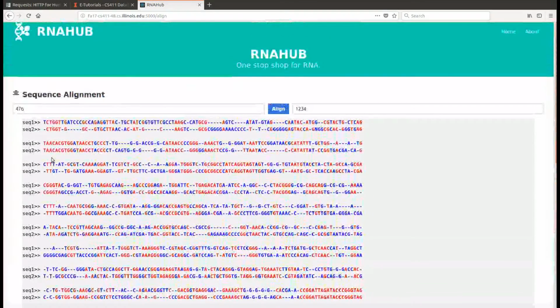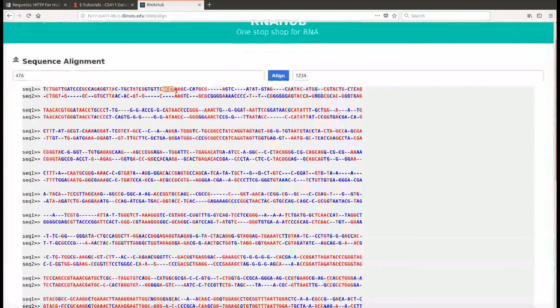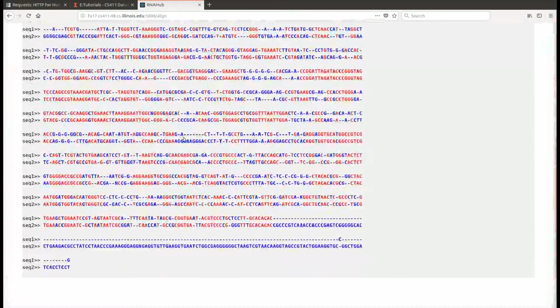So you see that you can align sequences, and this actually gives you an idea where mutations might be, or basically where insertions or deletions are in the